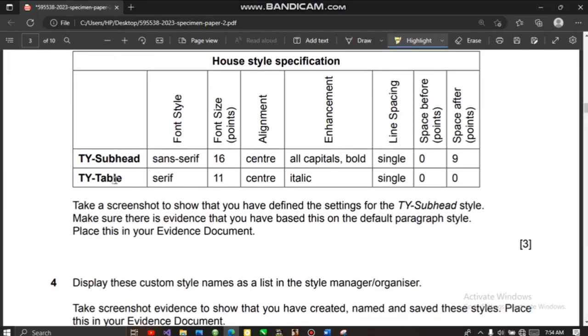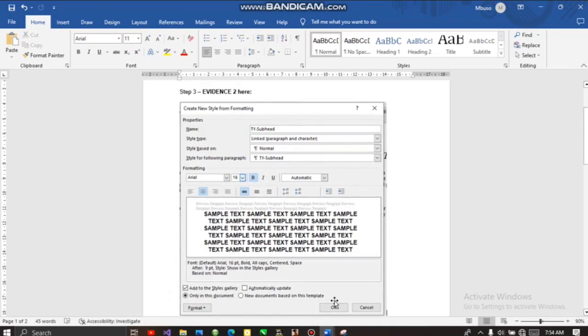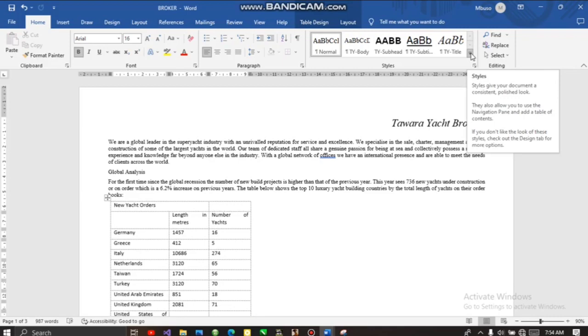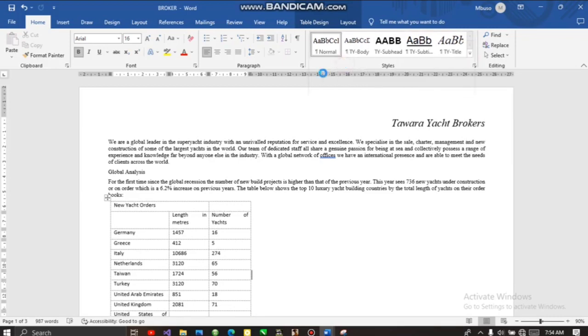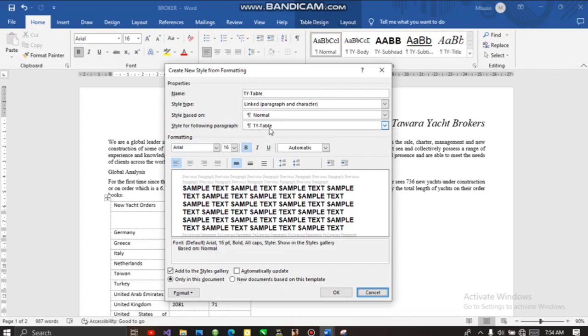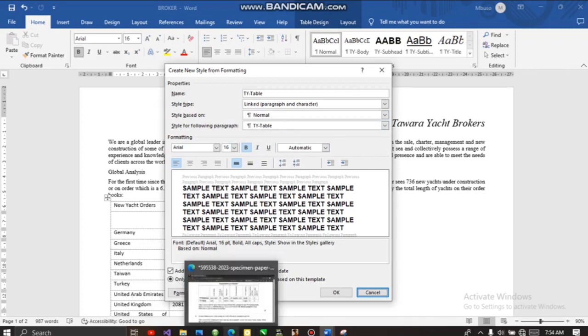So now they want TY table. We have to create TY table. We come here again to this arrow and create a style. TY table, modify. Where do we go here? After modifying,